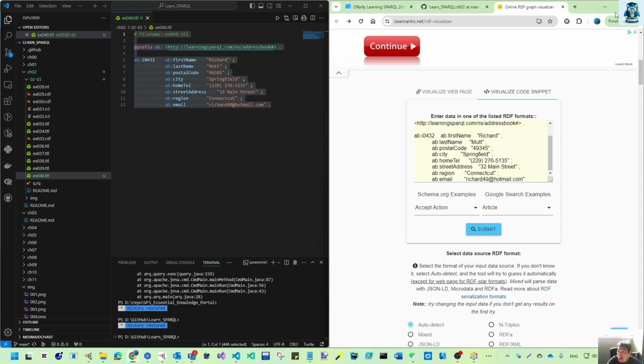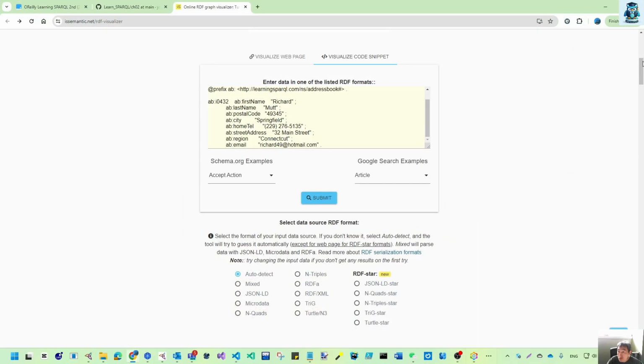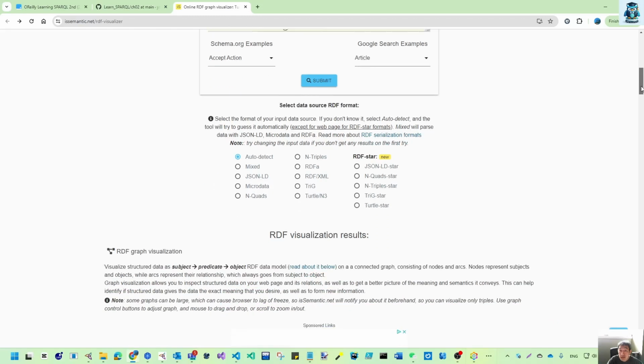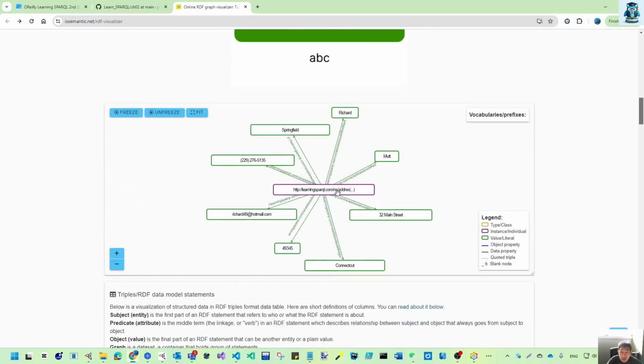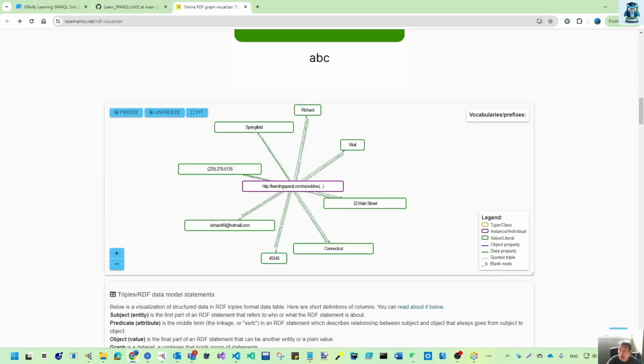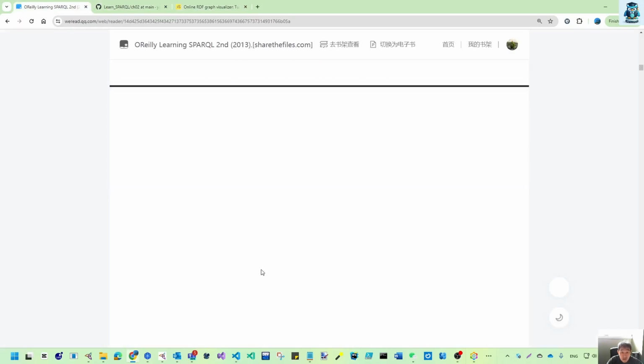Now they will auto-detect. I'm just using Turtle. If you have other RDF or triples, even linked data, they can connect to that. So now you can see here, it's similar to the book. The book says here we have one common